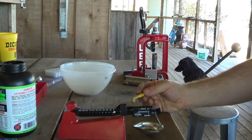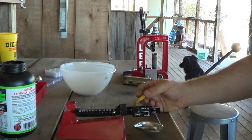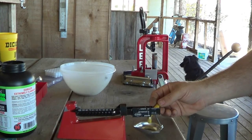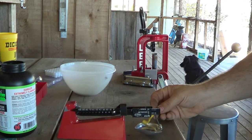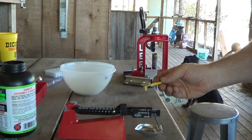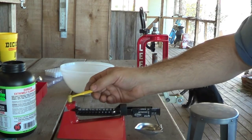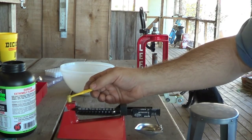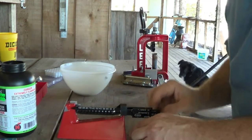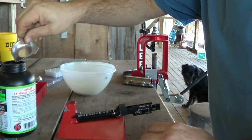If you had one of those perfect powder things, you'd get it set once and then you could just do a lot. But this isn't that bad. A little bit more. And if you go over, you just take some out. Got a little wind here today. And I'm just barely over. So I'm going to put just a...